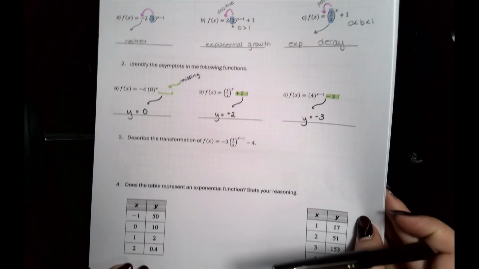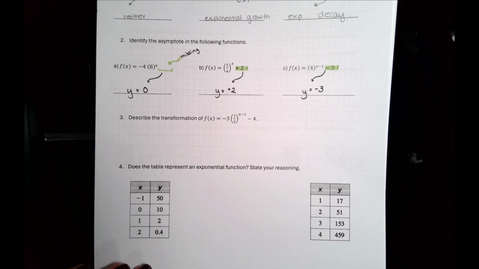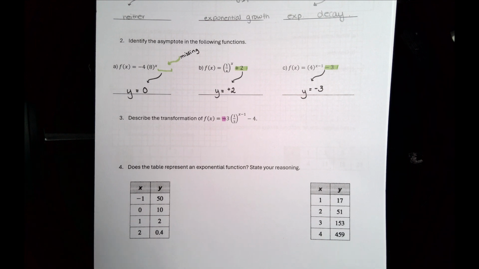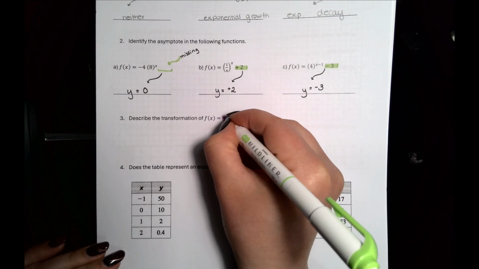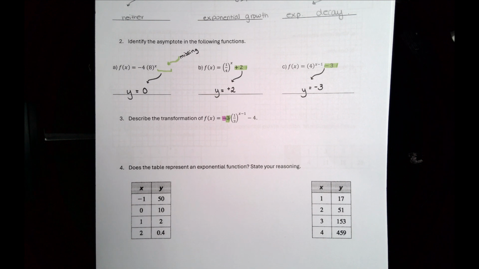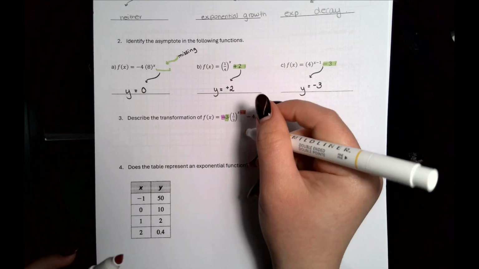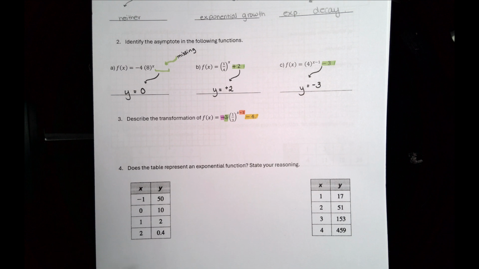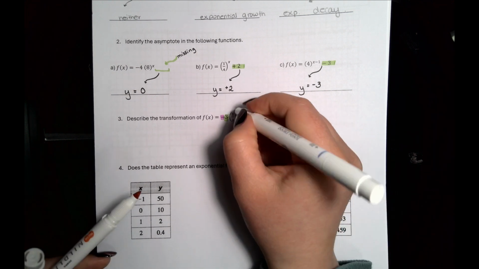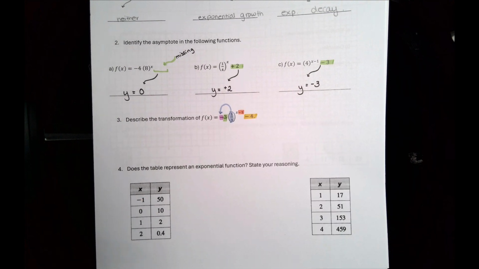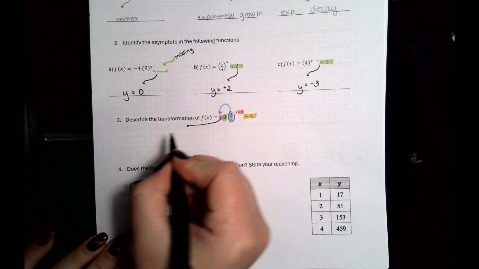For our next question, it is asking us to describe the transformation. There are different things that we have to describe. We have the negative, and we have our A value. Notice how I am highlighting the negative and the A value separately, because they mean different things. We have this negative 1 that means something, and we also have this negative 4 that means something. Then for this B value, we will take a look at our A value to determine if this is exponential growth, decay, or neither. So this negative represents a reflection